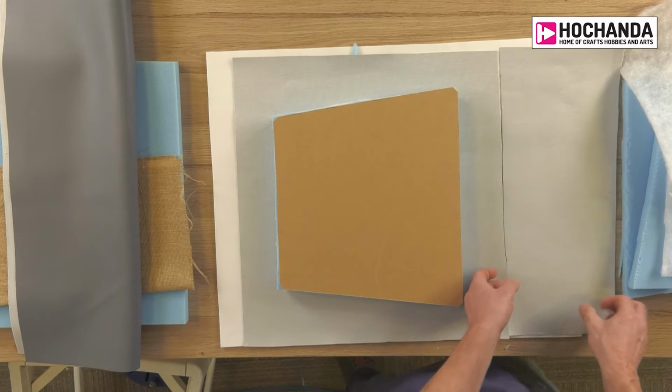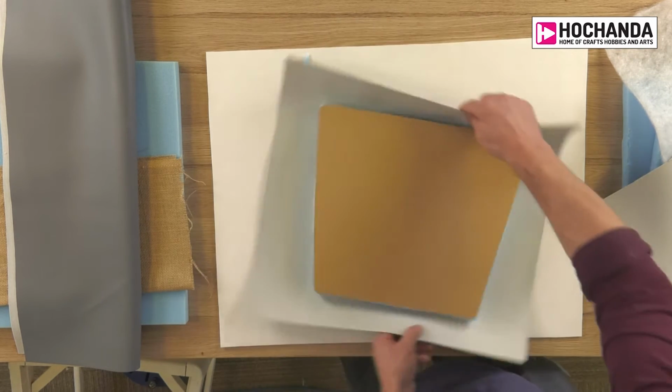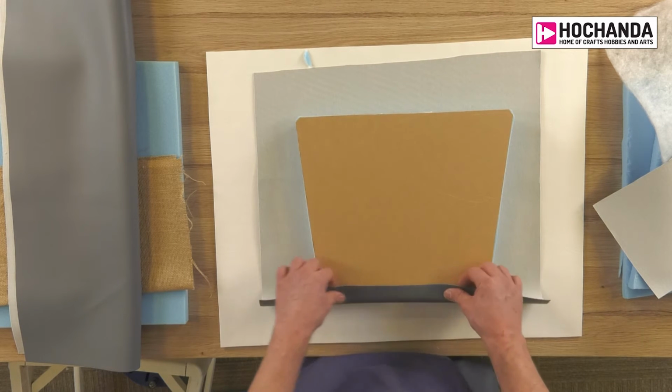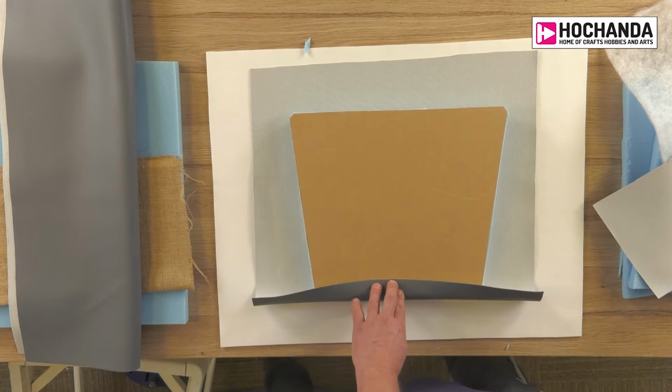It's one of those projects that, if you had a quote, it can be very expensive for upholstery. So doing it yourself does save a lot of money, but also it's just that enjoyment of actually achieving something at the end. So what we're going to do is start at the bottom end here. I'm going to get my lovely staple gun,